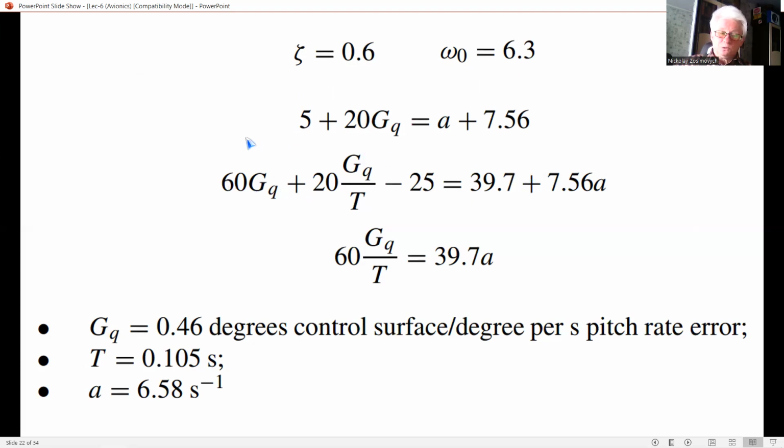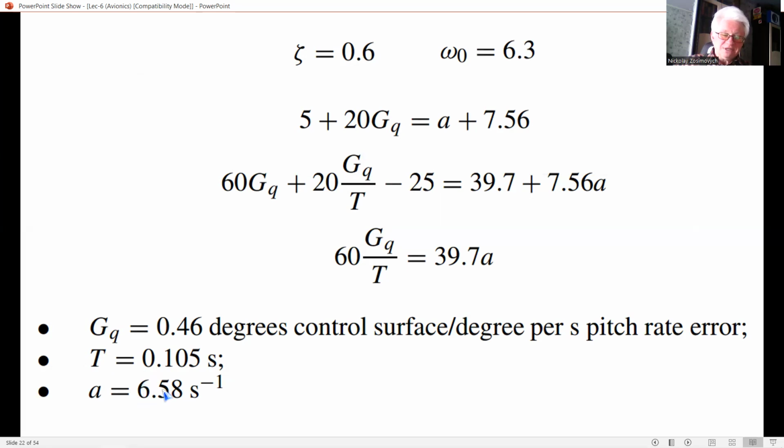And so these three simultaneous equations for the three unknowns give us G_q of 0.46 degrees control surface per degree per second pitch rate error. T capital equals 0.105 seconds, and a